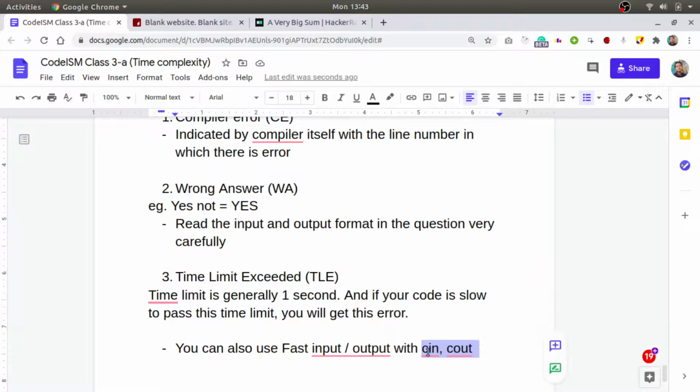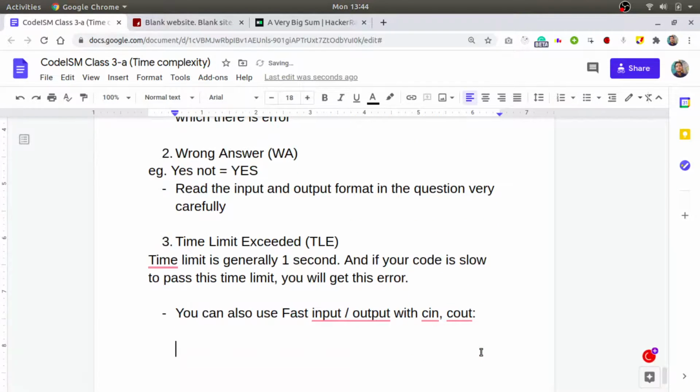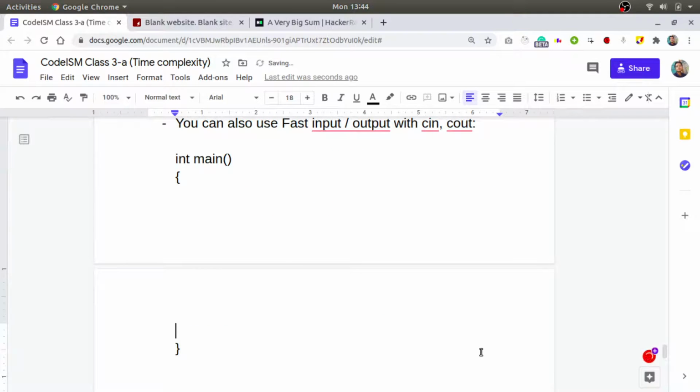And otherwise if you do not use fast input output, what is fast input output, I will tell you in 1 minute. If you do not use fast input output, then printf and scanf are faster. But using fast input output with cin cout, it is almost equivalent to printf scanf. So the syntax is like this: int main. Inside int main, at the topmost line, just write: ios_base::sync_with_stdio(false);